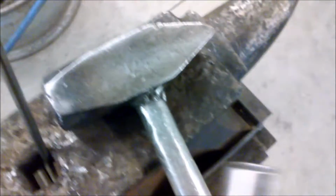Now I'm going to go to the anvil here, take this long bar stock and hammer one end, flatten it with the mallet so it fits nice in the end of this piping. Here we go. Okay, so I flattened the end of the bar stock. So now when you slide it in this tubing, piping, whatever it is, and it slides up to it,